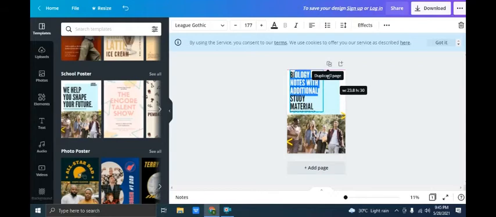Additional study material. Now you can see that this is going out of the space, so from the topmost right hand corner, there is a white dot, and you can pull it down. It will adjust into your poster. Now it has been adjusted into your poster. So now it's okay. Now come to the second part where something is written.